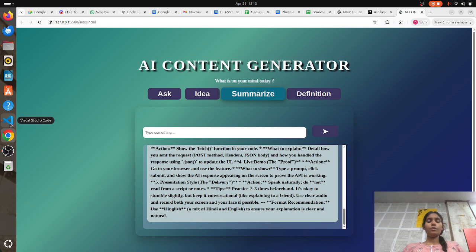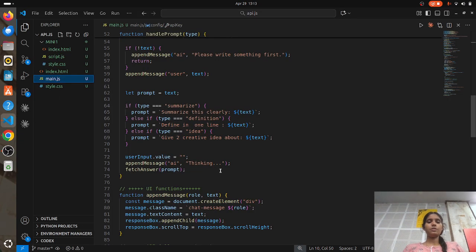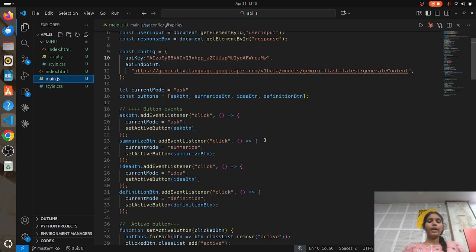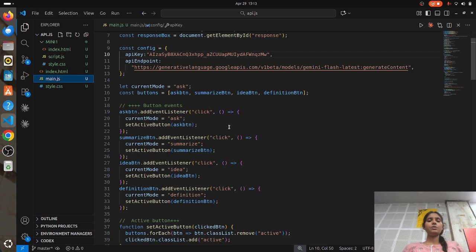Okay, so let's go into the code. So this is my main.js page where I first target the elements for giving functionality or events, and I use the arrow function of the ES6 feature for handling the events.